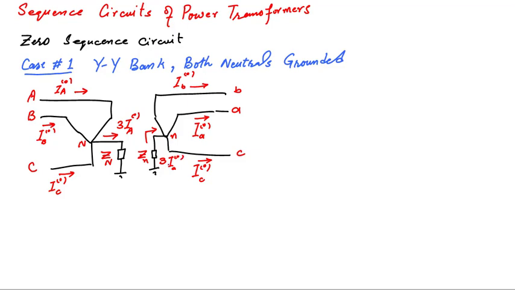I capital A zero sequence and I small a zero sequence are related by the turn ratio on the two sides. And if we say these two currents are in per unit, their magnitudes will become equal. So here we can see the zero sequence current can exist on both sides, the high voltage side as well as the low voltage side. If it is into the high voltage side, then this zero sequence current will flow from neutral to ground, and on the low voltage side its counterpart will be from ground to neutral and out of the transformer.